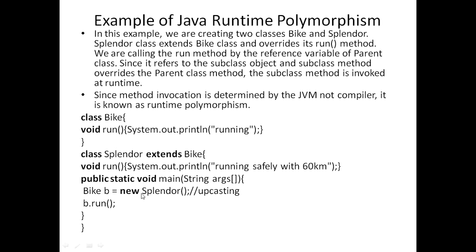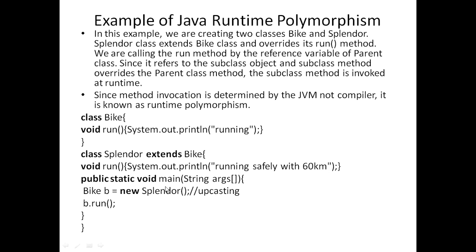So generally we term it as upcasting. But when I define it like this, it's quite clear. If I mention b dot run, it doesn't print the statement from Bike. Instead, it will print running safely with 60 kilometer. The main reason is that I have upcasted.